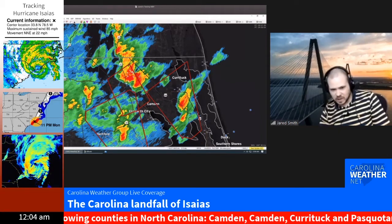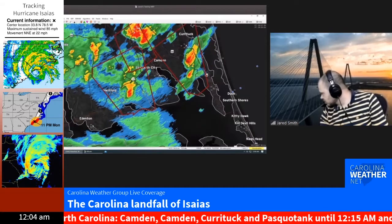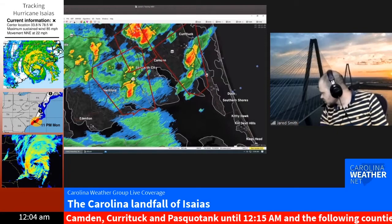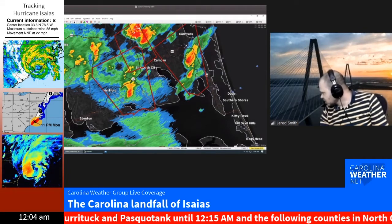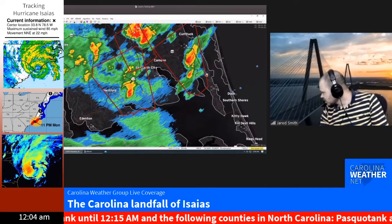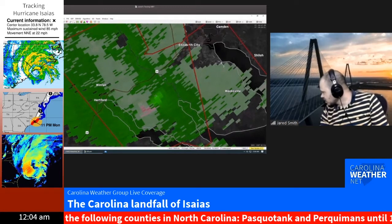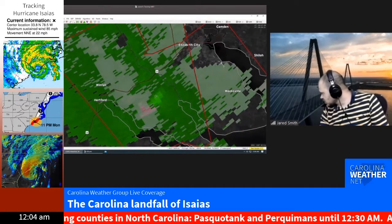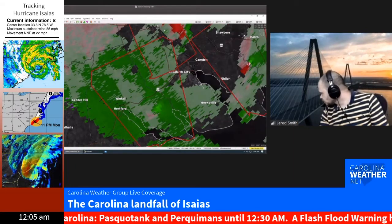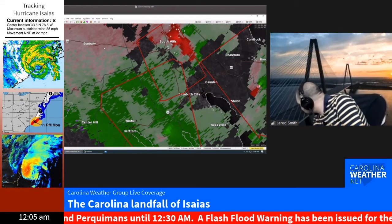So again, let's take a look at this third rotation. Not nearly as technically impressive, but it's going to cross Highway 17 in a minute or so, splitting the difference between Hertford and Elizabeth City. So again, yet another tornado warning very near Elizabeth City. And this is going to ride along the county line here. So this is going to ride between the Perquimans and the Pasquotank county line